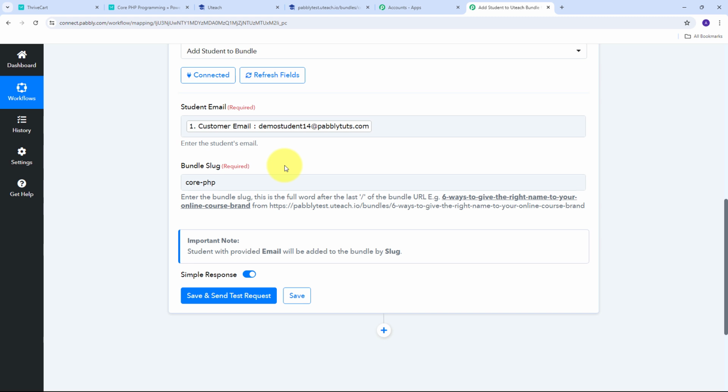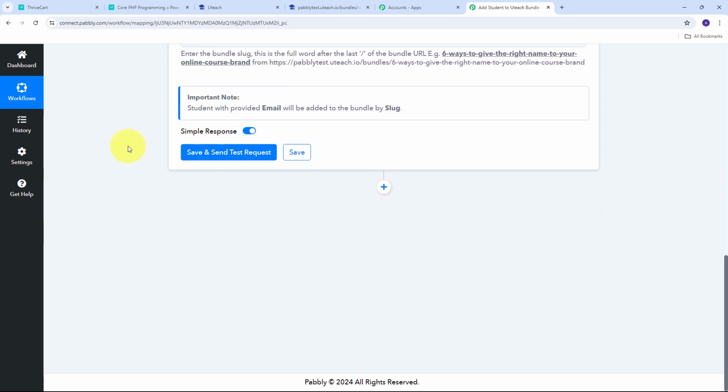Now as I have mapped these details, I have made these details dynamic. Now what is going to happen is that as a new student makes a new purchase from ThriveCart, then automatically I'm going to receive the response of that student, and as I receive the new response, automatically the details that I've mapped here are going to get replaced with the new response in real time. So now I need to click on the Save and Send Test Request button,